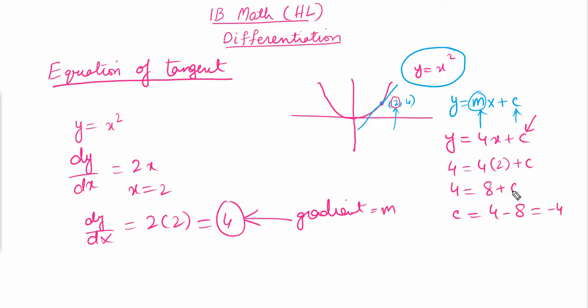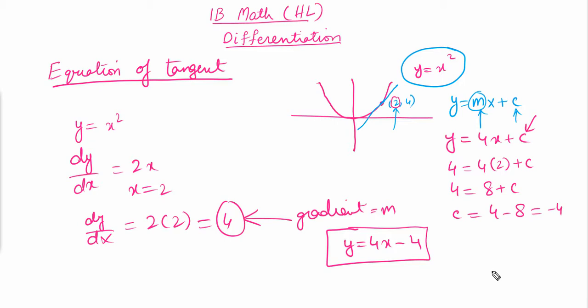So my y-intercept will be equal to -4, hence my equation of the tangent to this curve at point (2, 4) will be y equals 4x minus 4. So that will be my answer. This will be the equation of the tangent. Now in the next